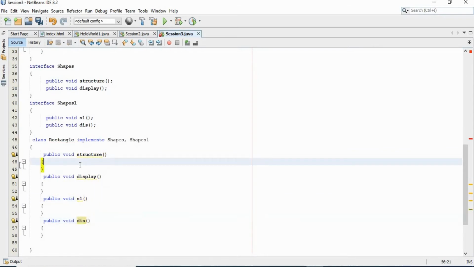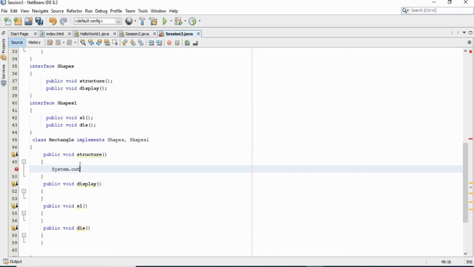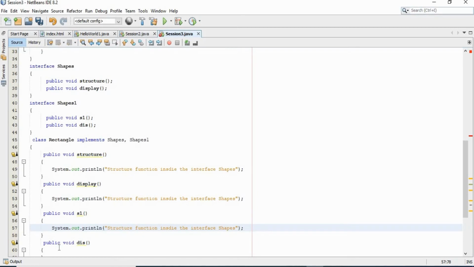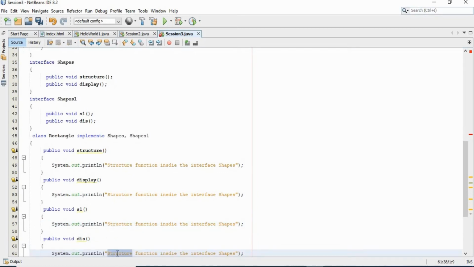In each of these functions we can have a simple print statement. For the structure function inside the interface shapes, we can copy and paste this line to the other functions also, such as the dis and s1 of functions inside the interface shapes1, and display of function.